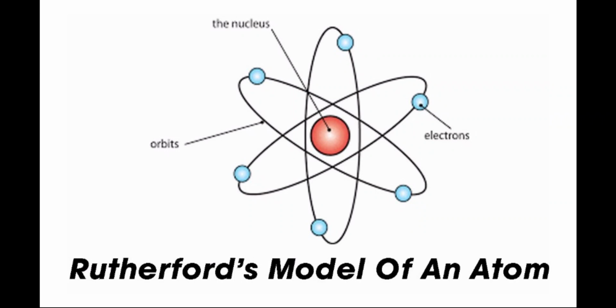All right, hey everybody. In this video, we're going to go through the subatomic particles. That means the parts of the atom. And we're also going to learn how to draw models of atoms from the periodic table. So you may have learned about atoms previously, and here is a very basic model of an atom. We talk about an atom having a nucleus or a middle and electrons that sort of orbit around the outside